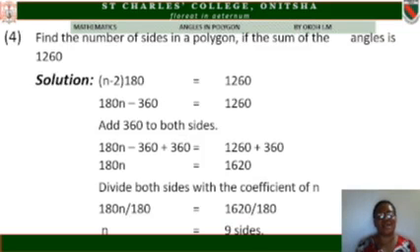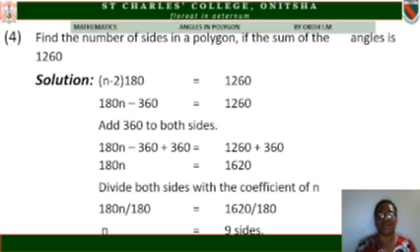The fourth question says, find the number of sides in a polygon if the sum of the angles is 1260. He asks us to find the number of sides this time, and the sum of the angles given to us is 1260 degrees. So we have it now that n minus 2 times 180 is equal to the angle given to us,